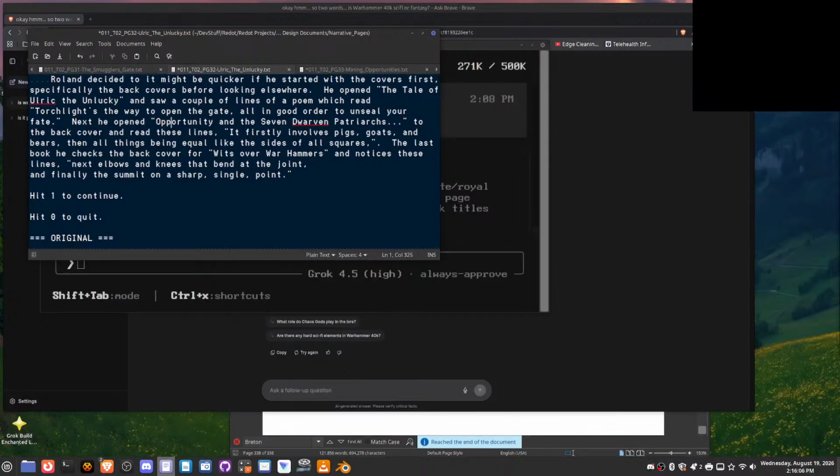Next, he opened Opportunity in the Seven Dwarven Patriarchs to its back cover and read these lines. It firstly involves pigs, goats, and bears, then all things being equal, like the size of all squares. Okay. The last book he checked,